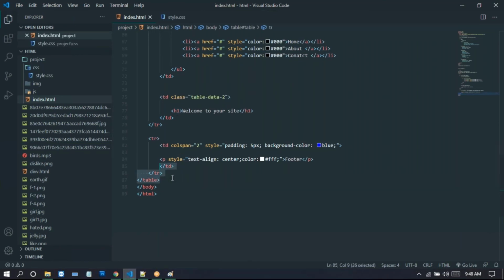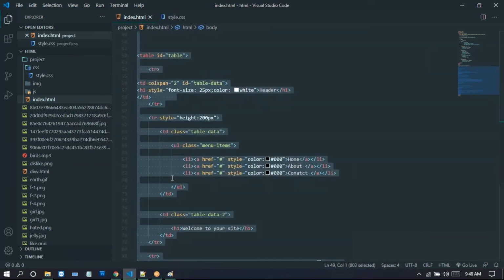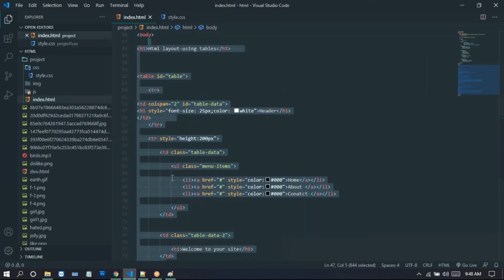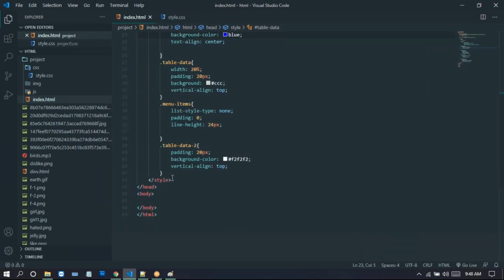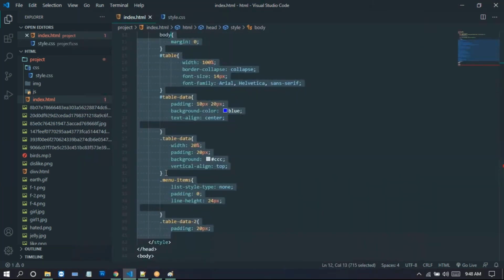So I'm taking another program, or else I just remove this one. I put it in the comments. Now here we can see exactly using a simple way.